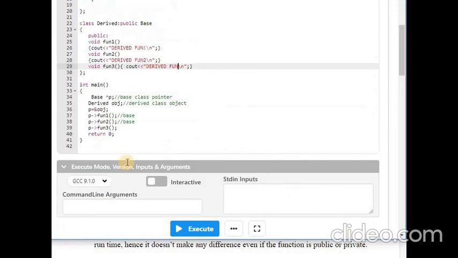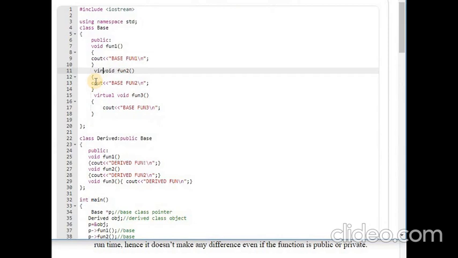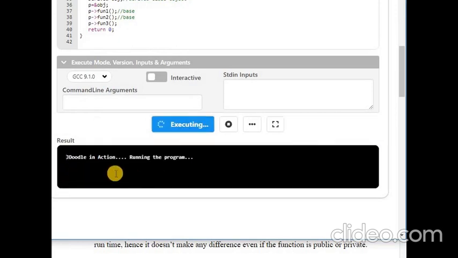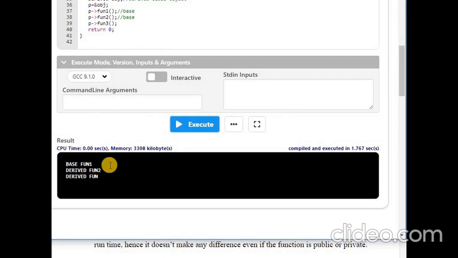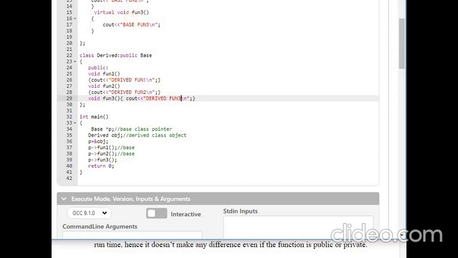If you write the virtual keyword in function 2, as we had done in the previous case, then the output will be base function 1, derived function 2, and the derived function 3 is not shown, because I have not written virtual there. I hope you all have understood this.